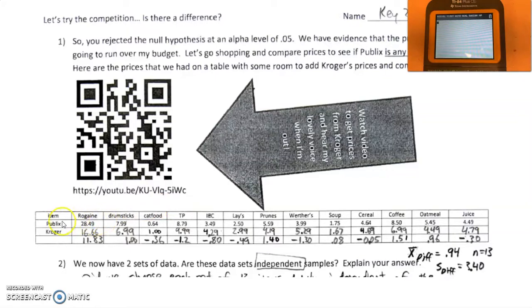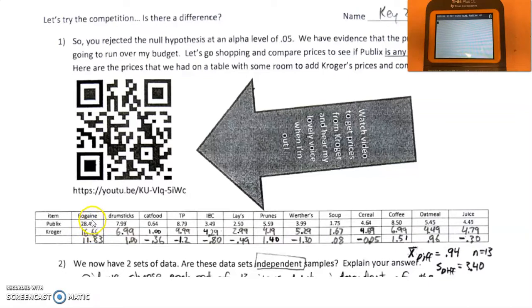All right, so we had the two different samples. And the question will be, are they independent samples or are they matched up and not really independent? And that kind of gives you a clue to question number 2: these are matched up and they are not actually independent. Now, we first got a set of 13 items when we went to Publix,